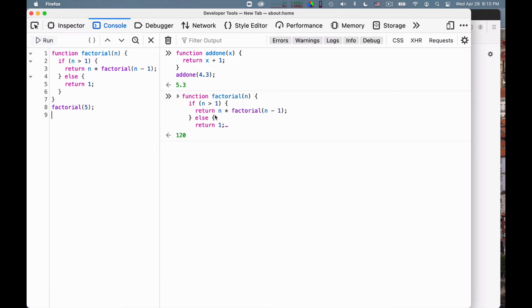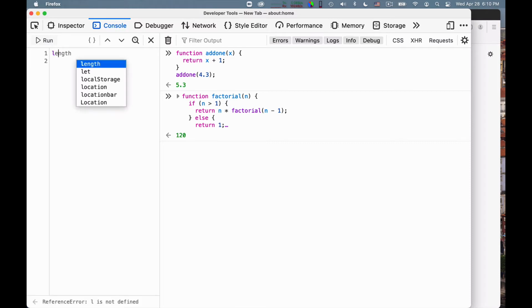Yes, this works. We notice also that functions are first order elements in JavaScript. So functions can be assigned to variables, which is something that we actually will do quite often. So another way to define our add1 function is the following.